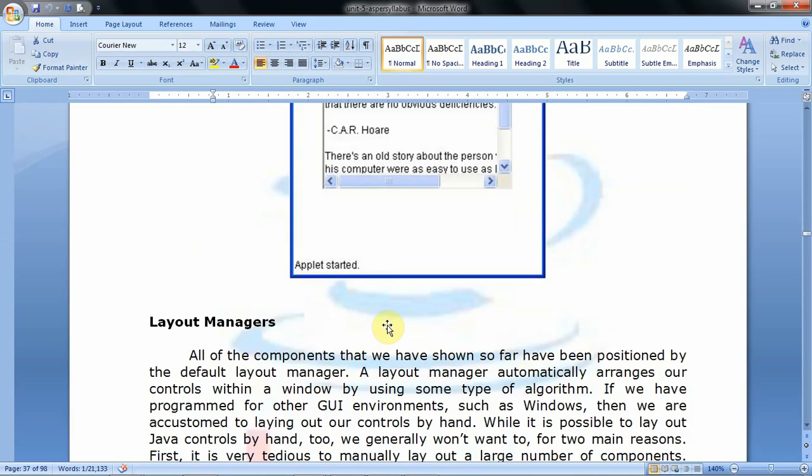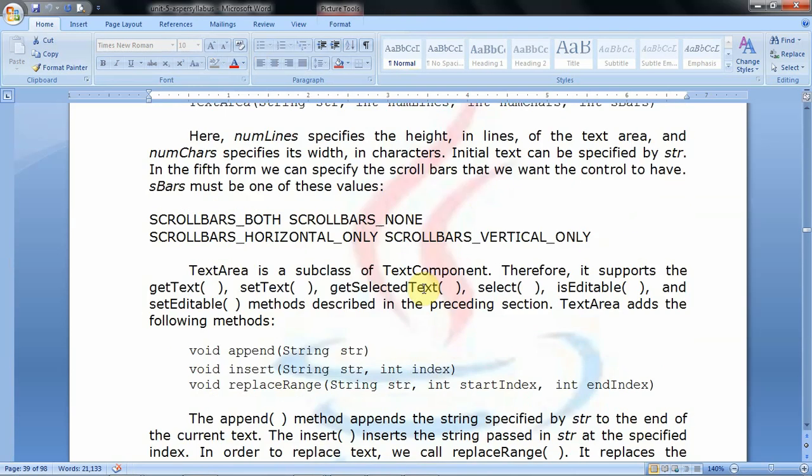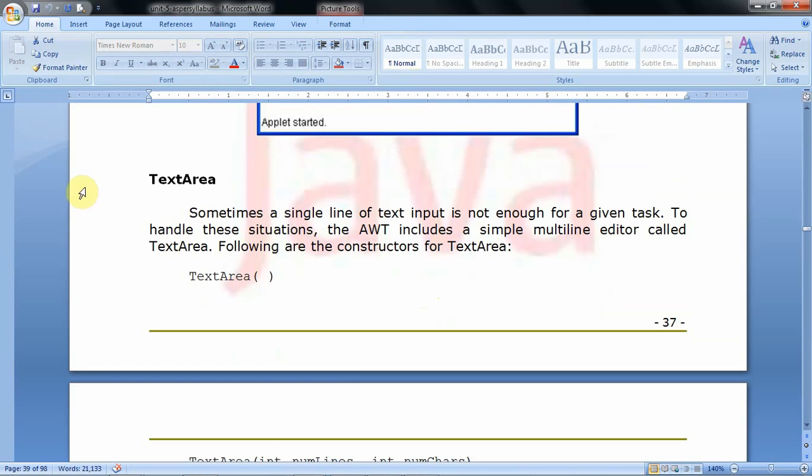In our Word document also, that is a text area which allows us to enter multi-line text. For creating that kind of component, we have the class called TextArea.